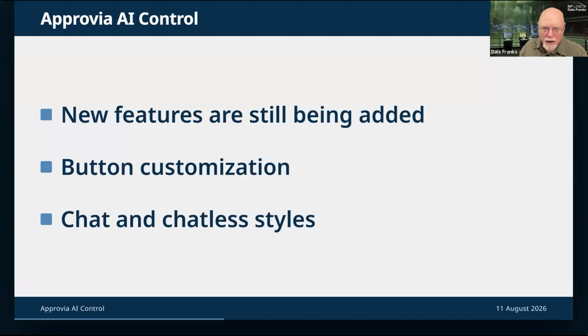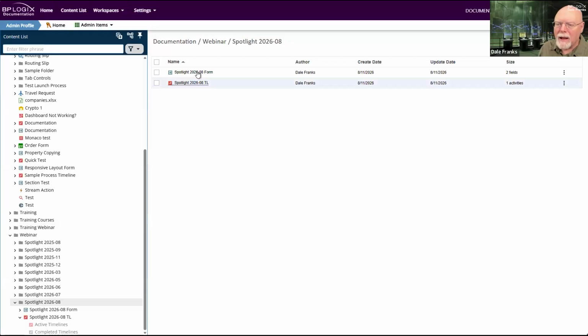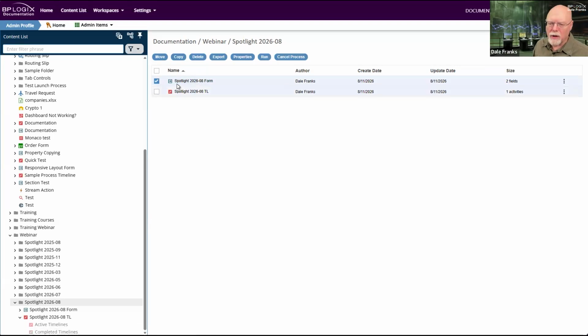In this particular case, for what we've changed over the past month, we've added button customization to it, and we've added chat and chatless styles so that you can use it with or without the AI chat box. So with that in mind, let's take a look at the control itself.